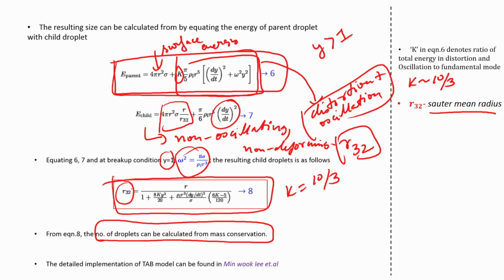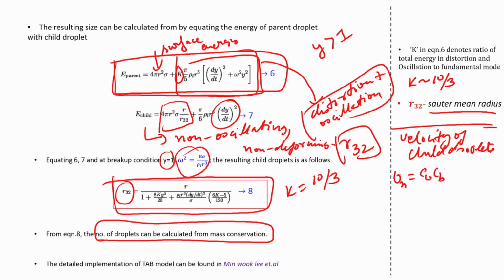Okay. So these are the basic things. This tells you what will be the energy of the child droplet and what will be the energy of the daughter droplets. Now, another thing that still remains is what will be the velocity of the child droplets. As we said earlier, this velocity of the child droplet is usually given by